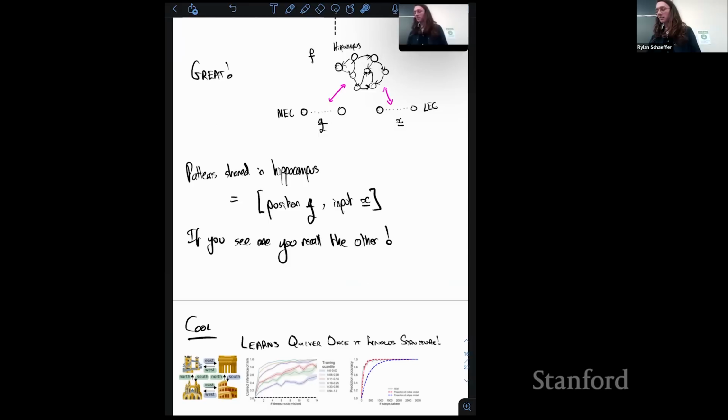And each of these lines is based on how many of those types of environments I've seen before, how quickly do I learn? And the basic phenomenon it's showing is over time, as you see more and more of these environments, you learn to learn. So you learn the structure of the world and are eventually able to quickly generalize to the new situation and predict what you're going to see.